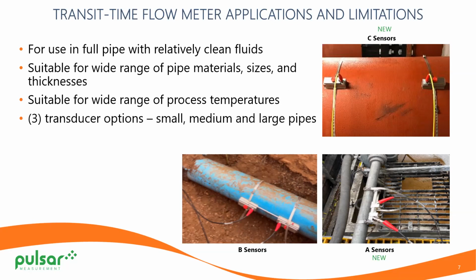You see now what we have, and this is fairly recent, we have three transducer options. A couple of years ago, we only had one, and you had to really make it fit all applications. Now we have what we call a small, medium, and large pipe transducer set. You look to the upper right there, and that would be, say, a large pipe transducer. Down to the our B sensors are probably the most common. That is, a pipe range of anywhere from, say, 12 to 36 inches. And then our new small pipe transducers,